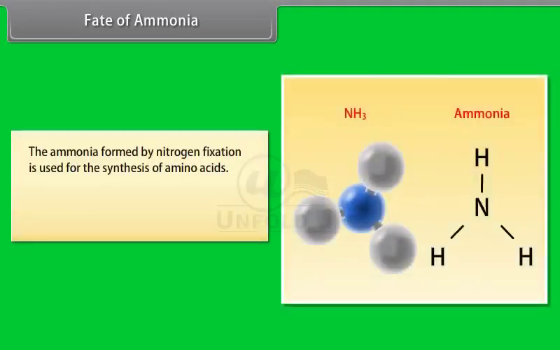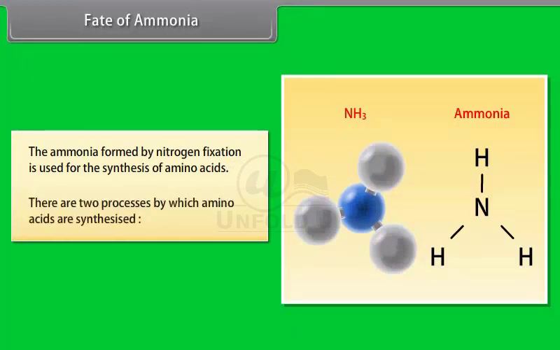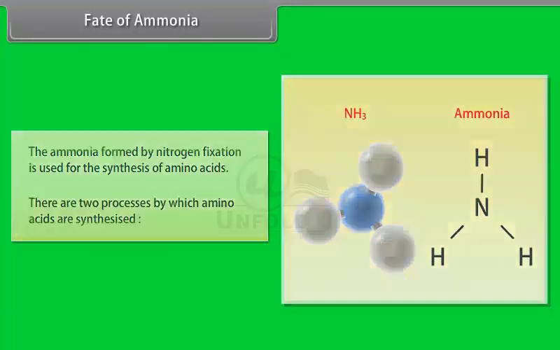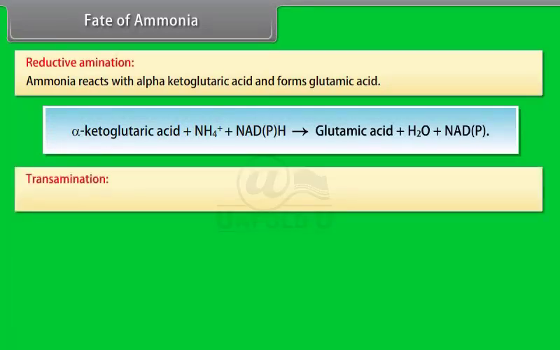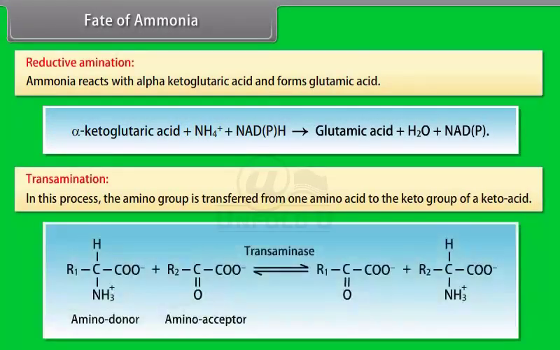Fate of ammonia. The ammonia formed by nitrogen fixation is used for the synthesis of amino acids. There are two processes by which amino acids are synthesized. Reductive amination: ammonia reacts with alpha-ketoglutaric acid and forms glutamic acid. Transamination: in this process, the amino group is transferred from one amino acid to the keto group of a keto